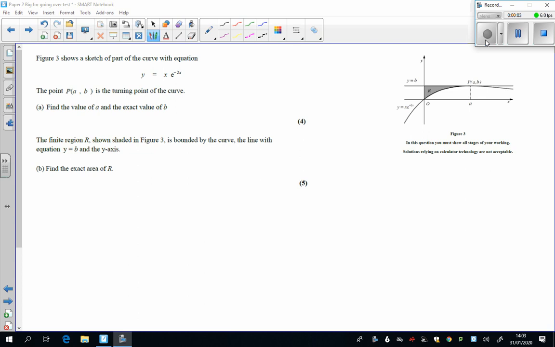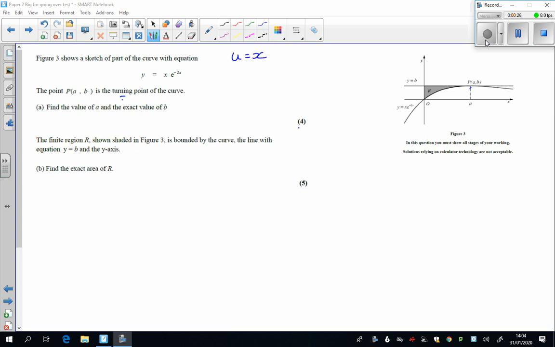Question 9. Now we've really got to one of the first really meaty questions. It's going to take us a while to do this. We've got a differentiation question, and we've got to find a turning point, and an integration question all in one. We're going to be here for 9 minutes. Part A, we're finding this turning point, we're finding this maximum point here, so let's set off and differentiate the